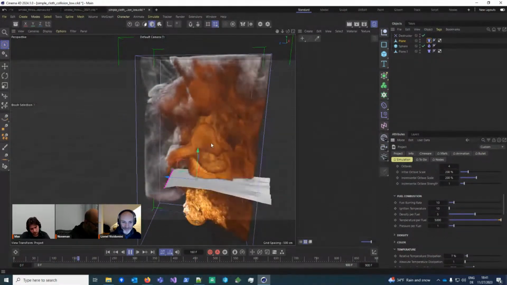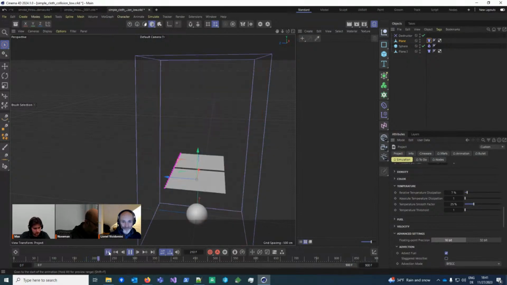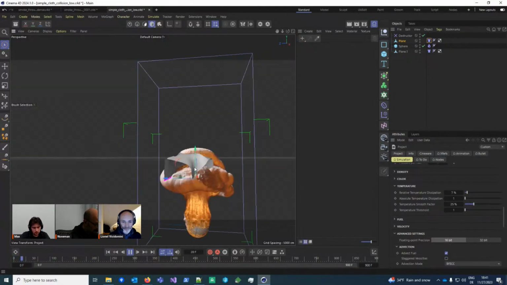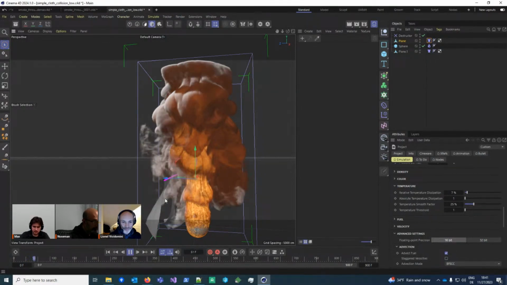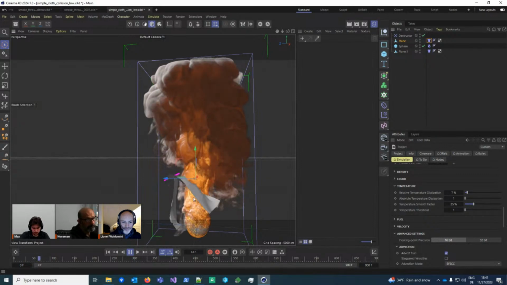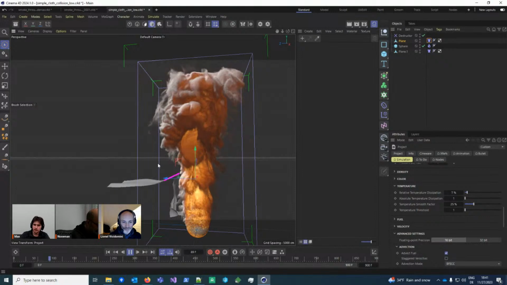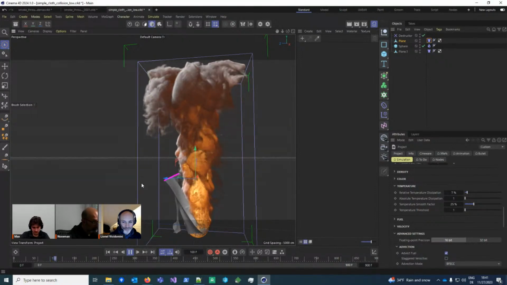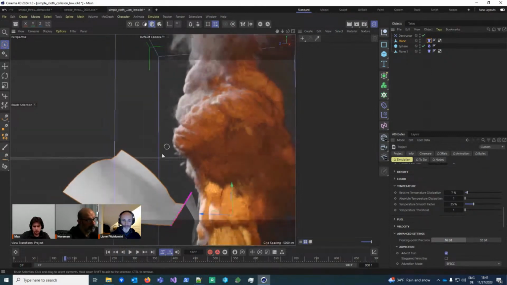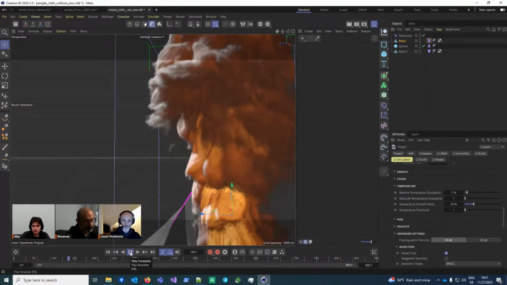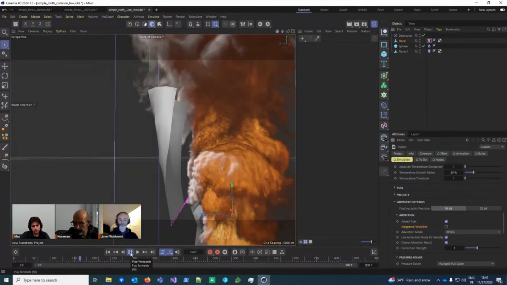But you see how it kind of drags the smoke also a bit behind it. Let me see if this now actually does change it. If I use the normal velocities, it doesn't drag it as well. It still interacts somewhat correctly, but now it doesn't have that nice effect on the smoke itself, on the pyro itself, of dragging the smoke cloud behind it. I hope it's visible here. So this is where this setting kind of can shine.